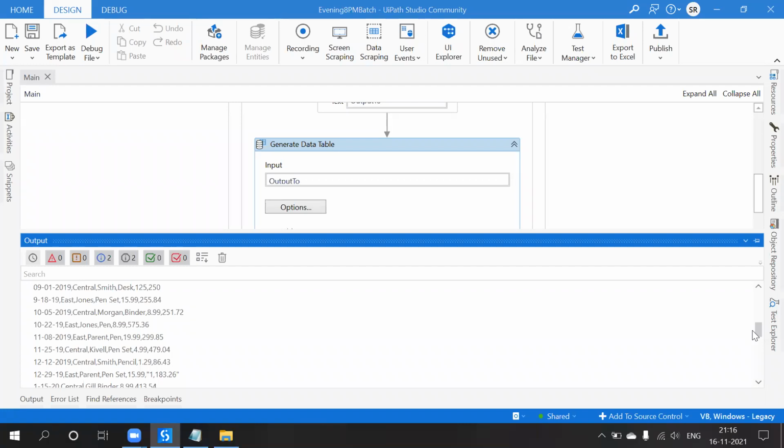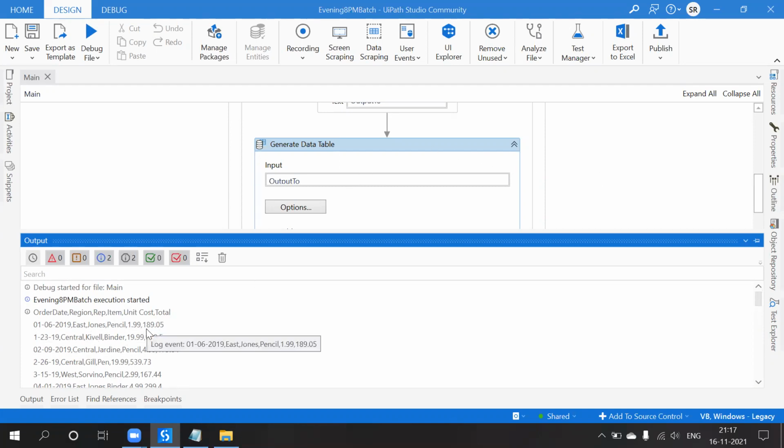Correct, for each and every row there will be a comma, so it can be assumed as order date. So the first ones can be considered as columns, and then with this comma separator all are considered as rows. That's how it is divided. This is called unstructured data. So it should be like this.